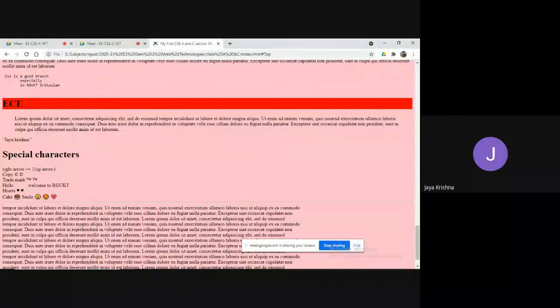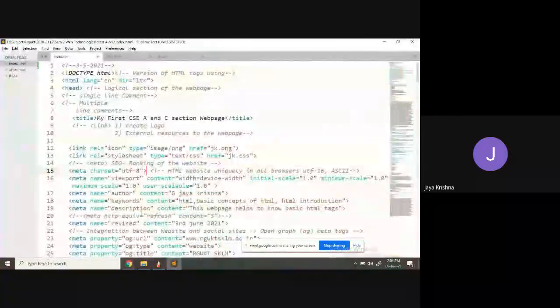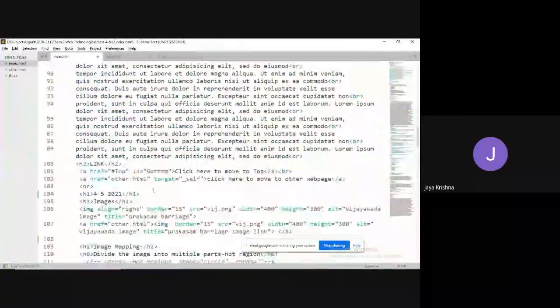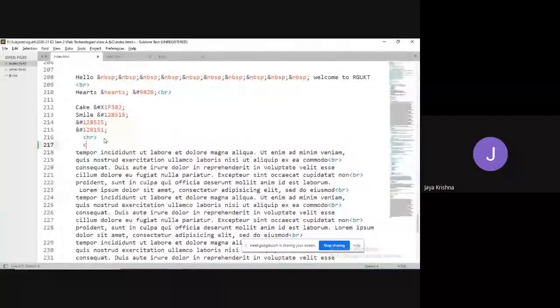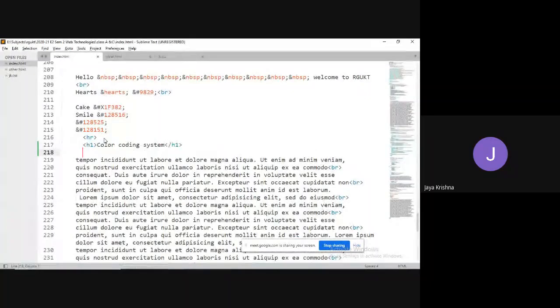Okay, fine. In today's class, we will see the concept of colors. Simply you can call it a color coding system. To give your website more look and feel, and to attract more customers to your website, you have to make your website colorful.